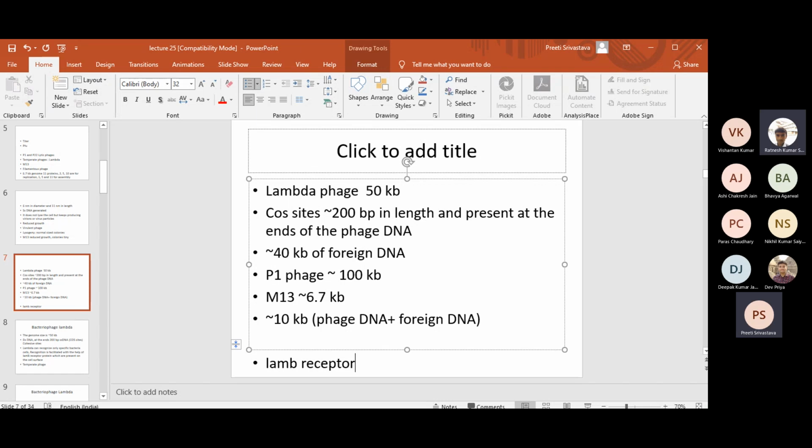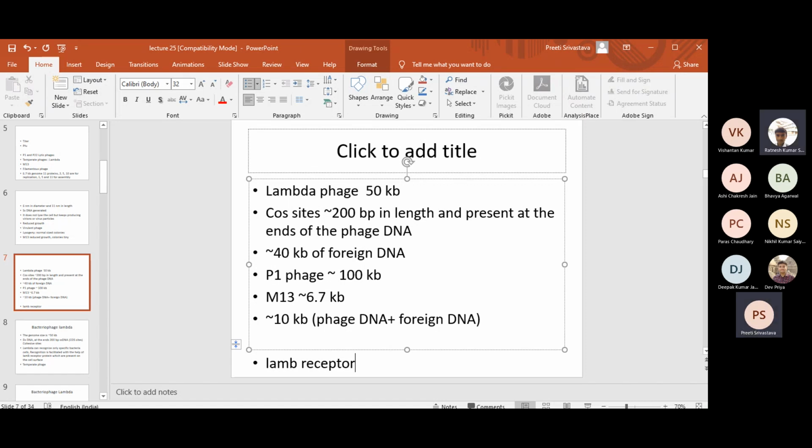Therefore, in case of lambda phage and P1 phage, the structure is such that even if you have the entire 50 kb or 100 kb, you do not have any problem related to shear damage or shear stress. So these are kind of robust phages. But M13 phage, the moment the genome size increases, the length increases, and the filament becomes long, and then it becomes difficult to handle. Okay.